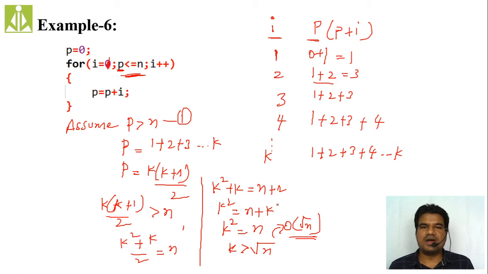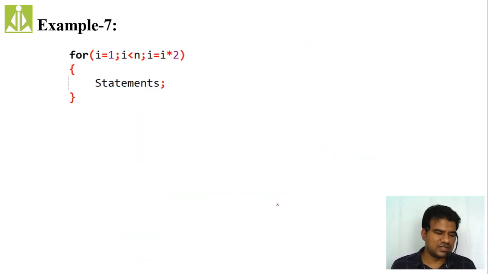That is the reason why we are considering K square equals N plus K. We are also making K greater than under root N, then only my loop will break. We are going with that consideration. Many things in this analysis we will not do like in mathematics, but on an analysis basis. So the next example, if you see this one.